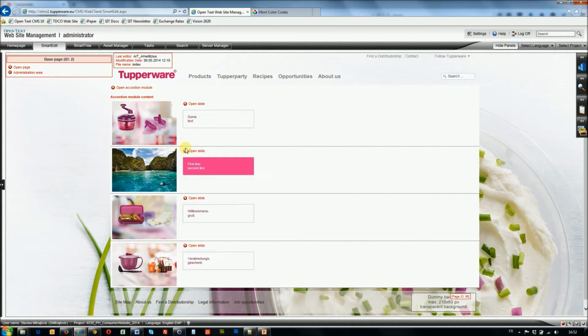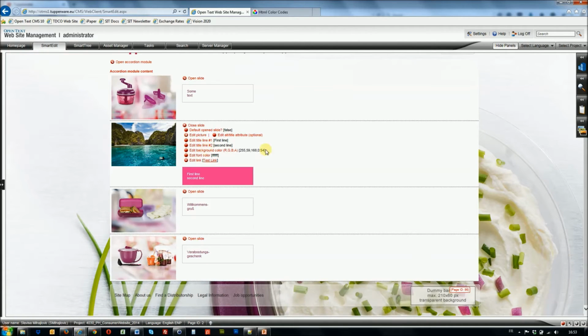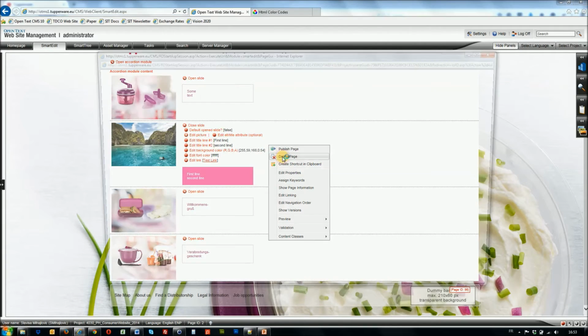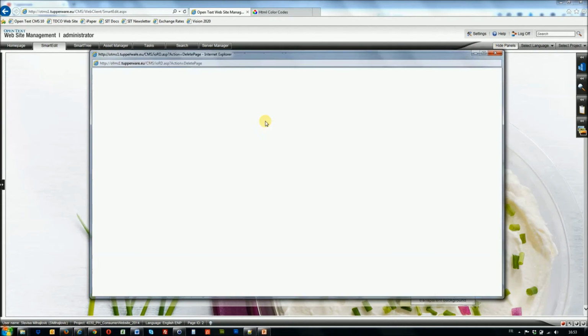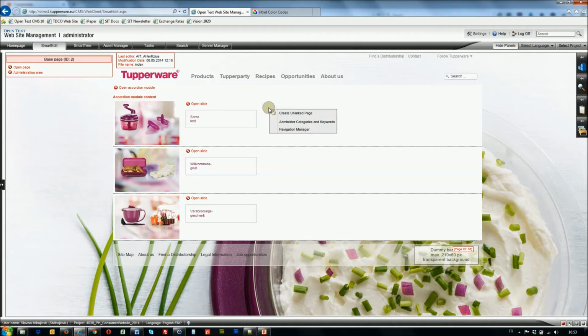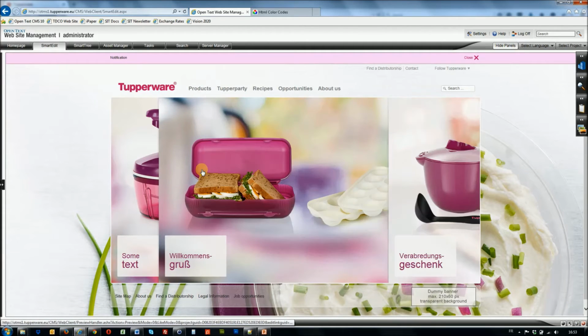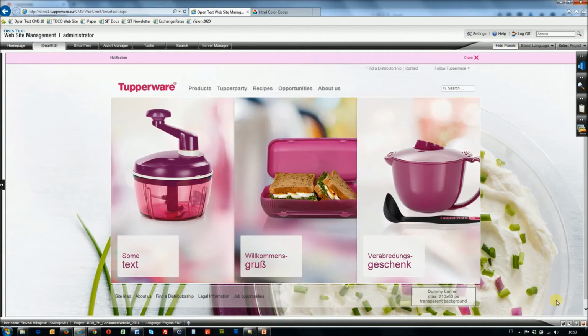Each image has one little red dot to edit the settings. First, I will delete one of them. So I open it. When the settings are open, right click, delete page. Yes. And that element will disappear. Now I have only 3 images in my accordion, and if I want to see a preview, I can click this icon in the bottom right corner, and as you can see now, my accordion has only 3 pictures. I will switch back to the editing mode by clicking on this icon, the first one,